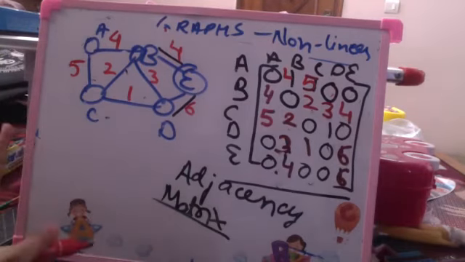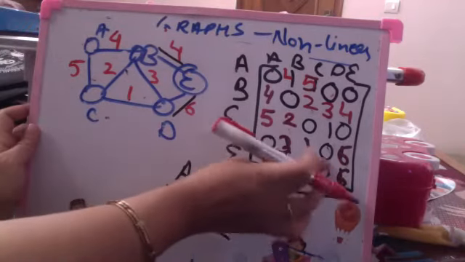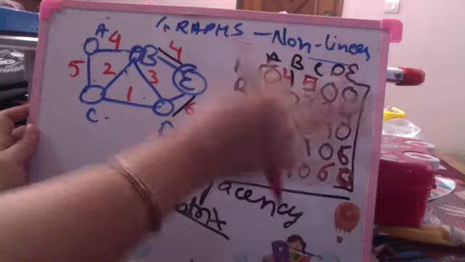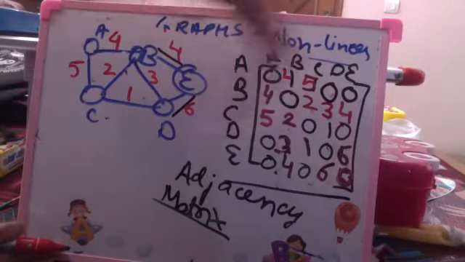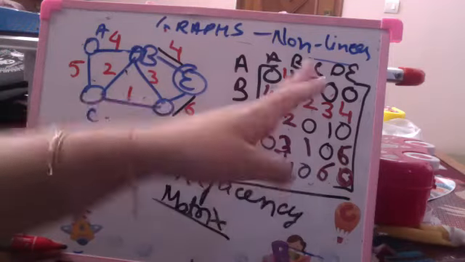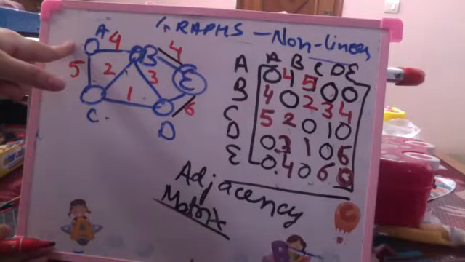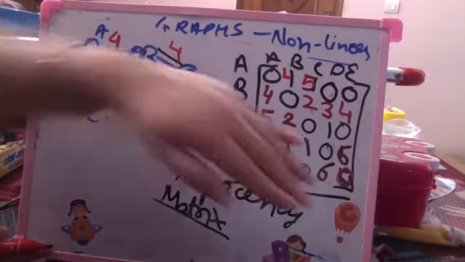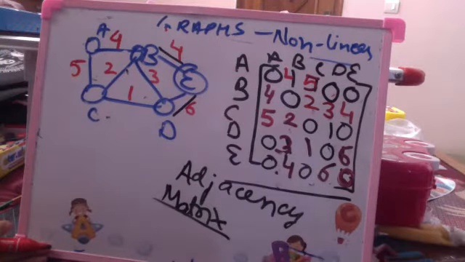So, if you can see from the main diagonal, E to D is 6 and E to E is 0. On the main diagonal, unless there is a self loop, it will remain zero. The transpose of the matrix along the main diagonal is equal: 0 4 0 6, because it is an undirected graph. A to B is the same edge, B to A will also be the same edge. In the case of an undirected graph, only half of the matrix can represent all the edges. All of you are getting this?